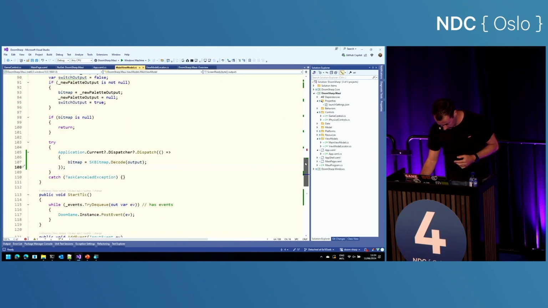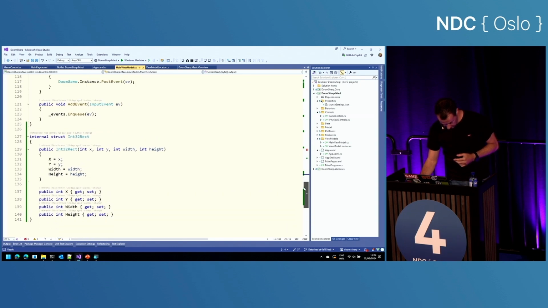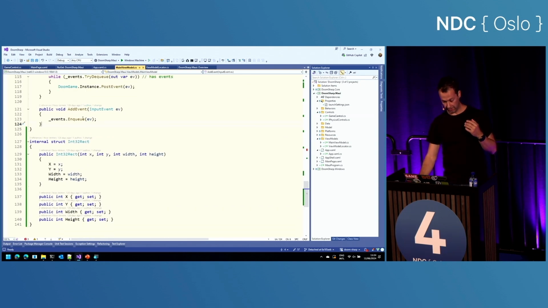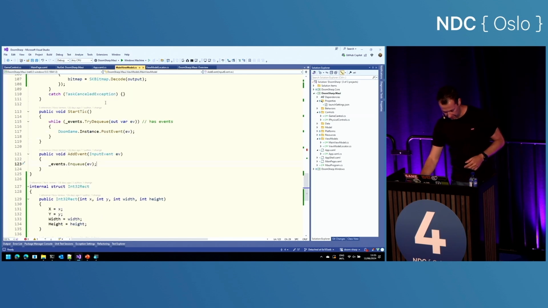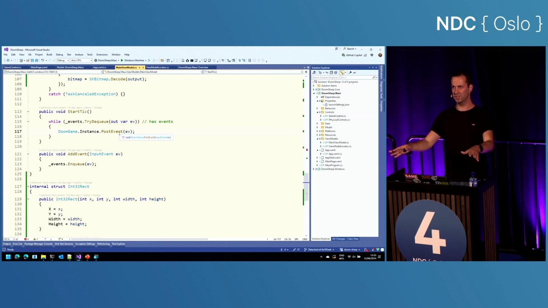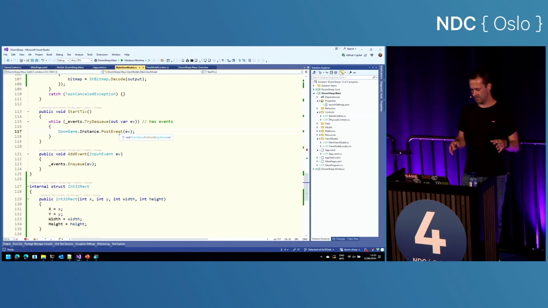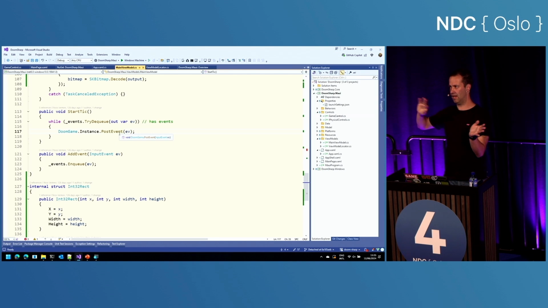So quickly looking back to the main view model, every key press will trigger an event, which is a custom event system. It's nothing to do with .NET events. And that event gets queued into the events queue of Doom. And every tick, we will dequeue the next event and just push it into the engine, and the engine will take care of it. And since that is all in the shared library, I had nothing to fix there. That just worked, which was great.